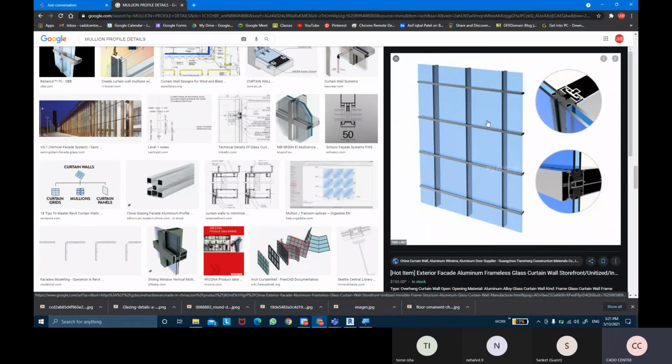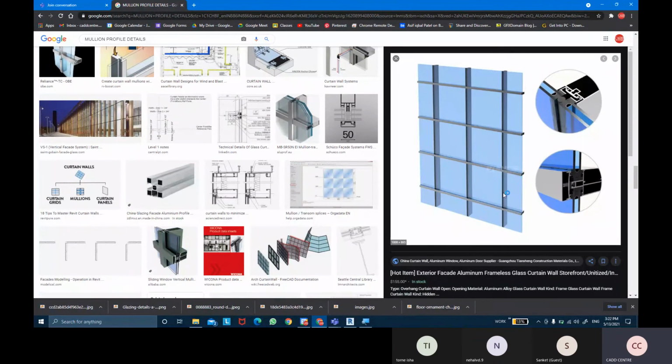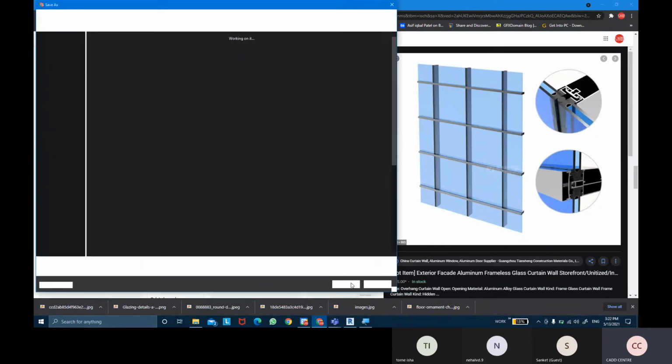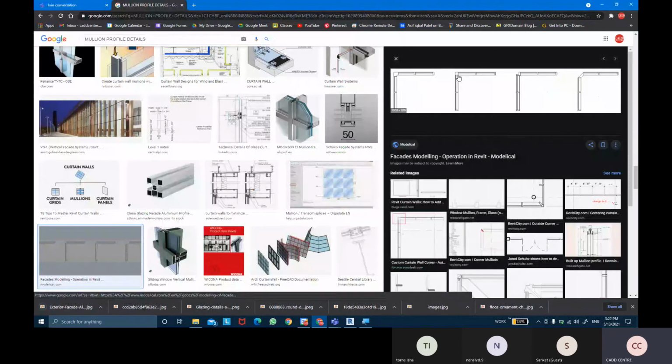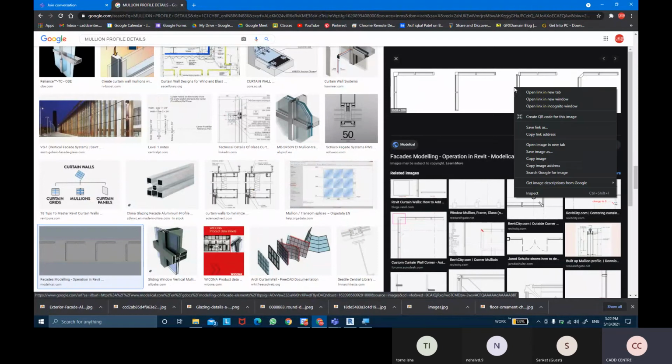Then if you want to add gasket details in the mullions, you can add them as well, the rubber fittings that hold the glass basically. These are the different L mullion, quad mullion, trapeze mullion types that you can use in the walls.